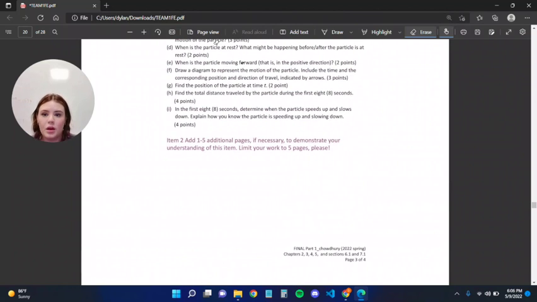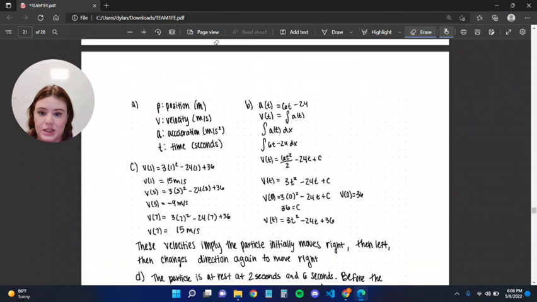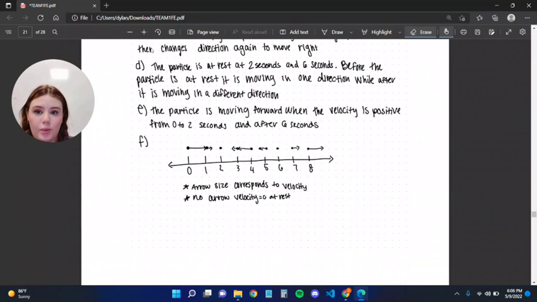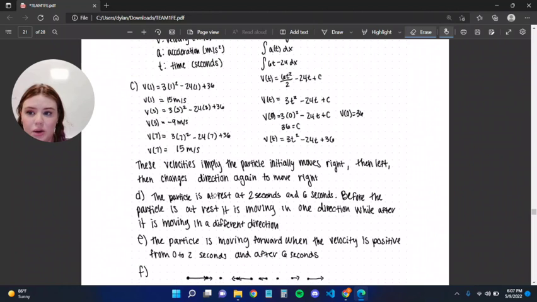Okay. Part E asks, when is the particle moving forward? That is in the positive direction. So again, we assumed that the positive direction, forward, was going to be to the right. So we say that the particle is moving forward when the velocity is positive, from 0 to 2 seconds and after 6 seconds. So again, this was calculated all the way up here, and we could see it in our